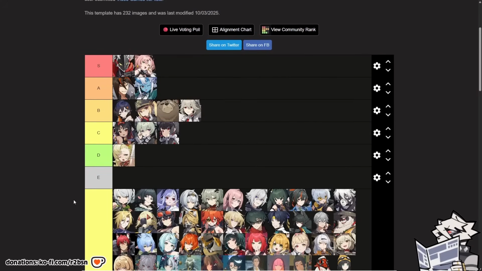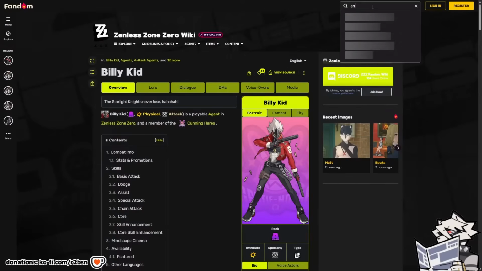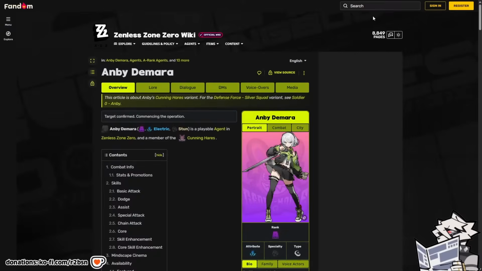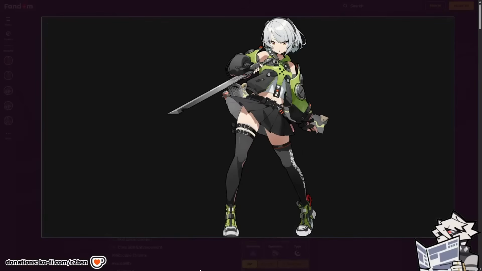Billy's goated. Anby could also be S. Well, let me think about this though. Anby's an S contender, but let me look at it a bit. Yeah, no, she can stay an S. I think whenever you think of Zenless Zone Zero, at least maybe not now, but when it was still pretty fresh, you would think of Anby, you would think of Nicole, you would think of Billy. The cunning hares defined the design theme for Zenless. It's what made people associate Zenless with an urban style game,